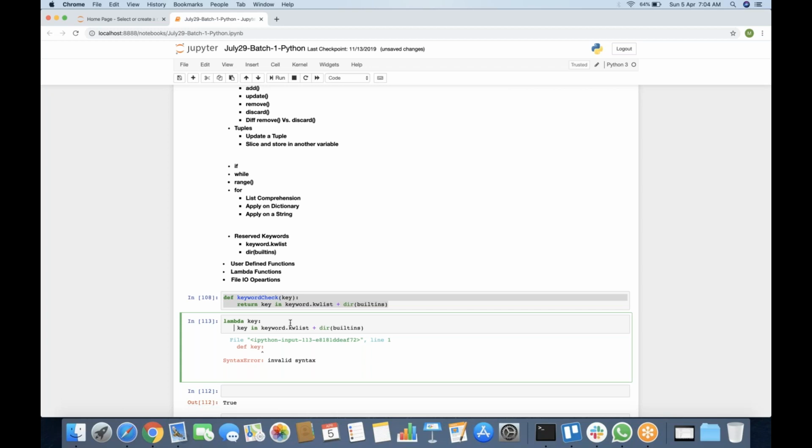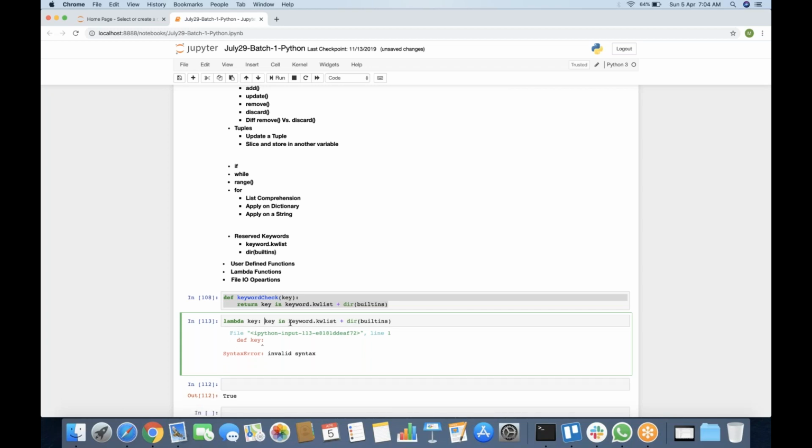So we need to write it in one line. The whole purpose of a lambda function is when we need some function on the fly, without writing an explicit user-defined function. How can we pass it as an argument? If you don't understand what I said now, it's fine. So try to understand that